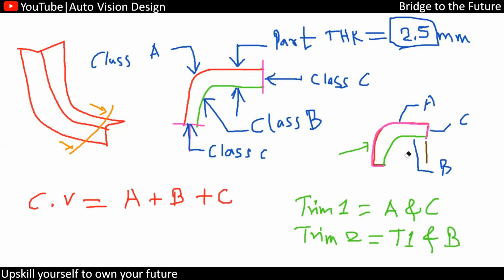You can check, something like this, we can split this. Now we are getting again class A, class B and class C. Here you can say this is class A, class B and class C. They combinedly get known as a closed volume. This is something very simple. We have this closed volume.